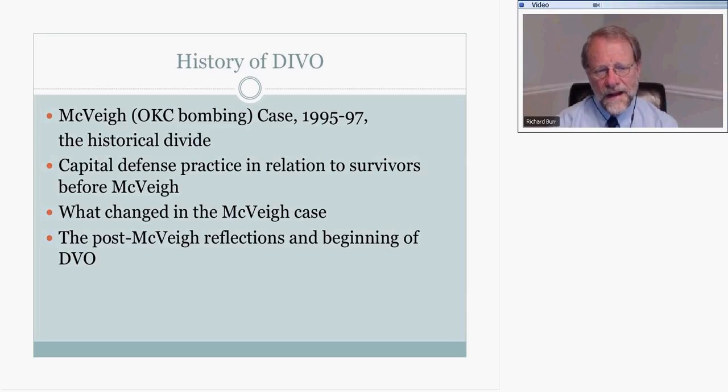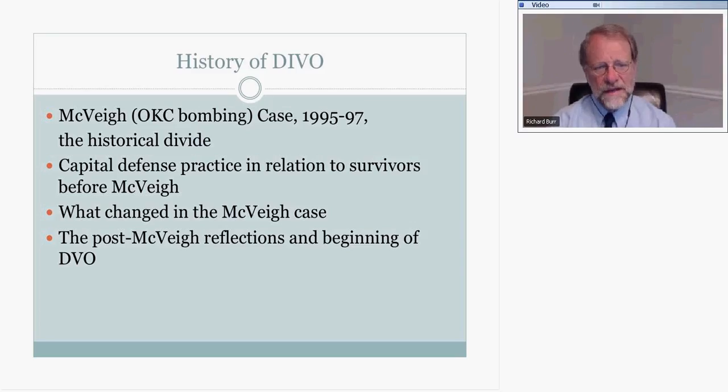I sort of pledged to myself at that point that I wasn't going to have it happen that way again, if I was in whatever kind of capital case, and wanted to do something different. We stayed in touch with Howard and Tammy, and about a year after the trial, with Tammy and Howard's help,